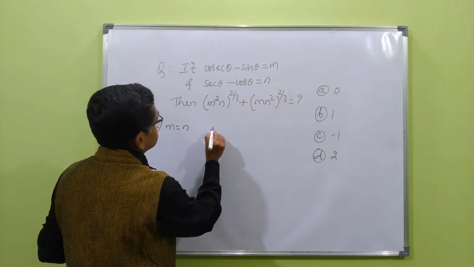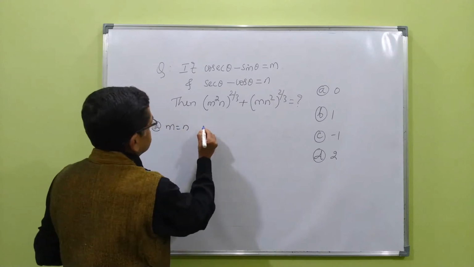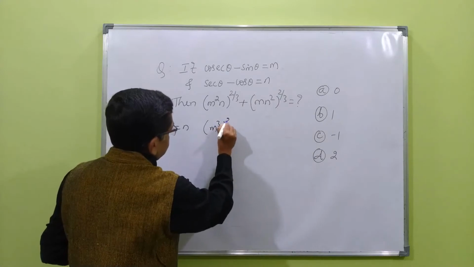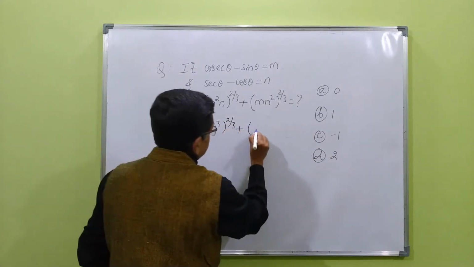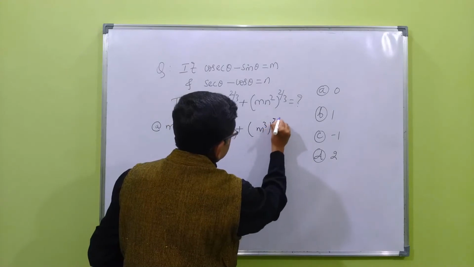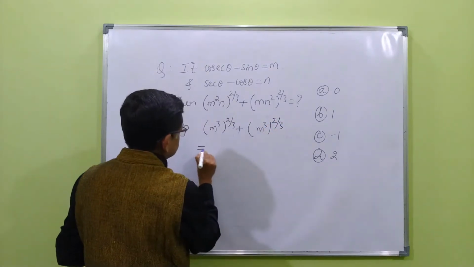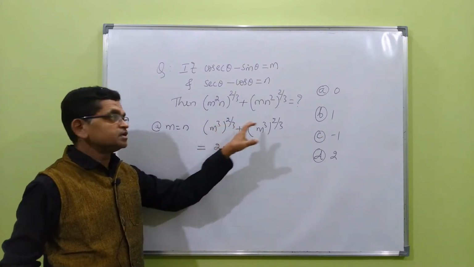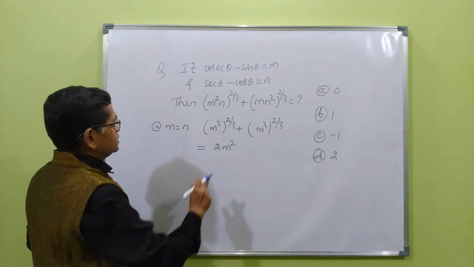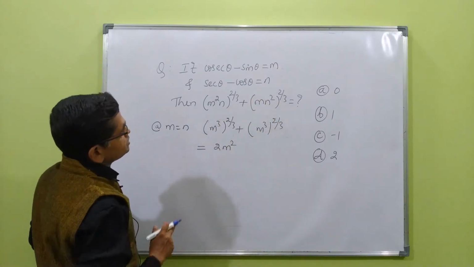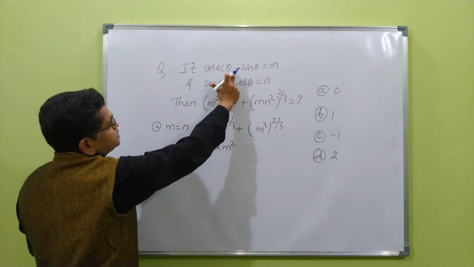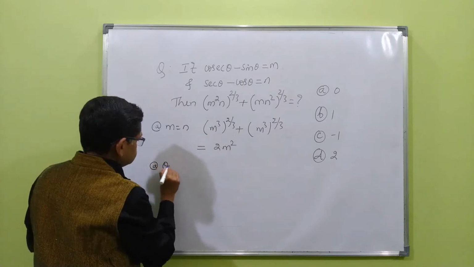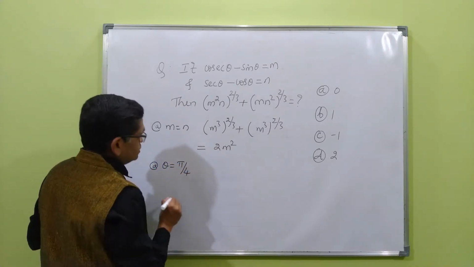The given expression is m cube to the power 2 by 3 plus m cube to the power 2 by 3, which is equal to 2m squared. The 3 gets cancelled, m squared plus m squared, 2m squared. Okay, the given expression is 2m squared. What is the value of m? So you have to substitute some value of θ here. Let θ be equal to 5π by 4. m is equal to